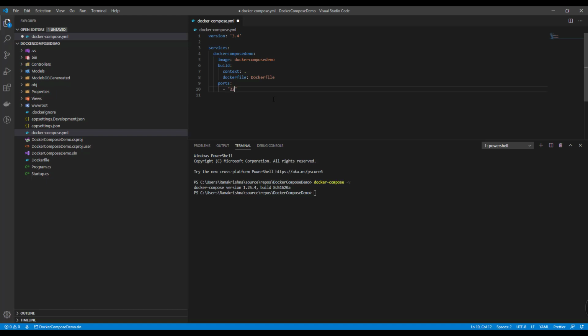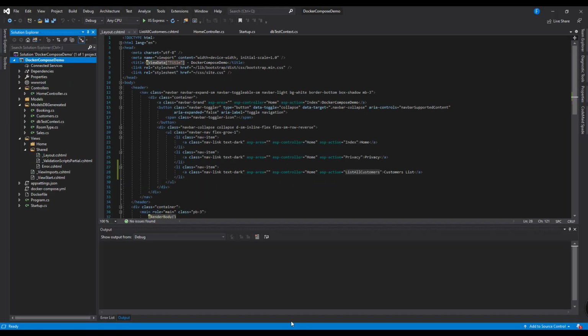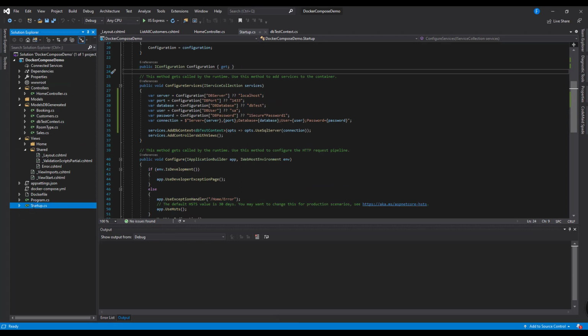The port it will be exposed on will be 2200 and the default port will be 80. And we'll need to have environment variables here. If you check in the Startup services, we have these environment variables defined: db server, db port, db database, db user, and db password.